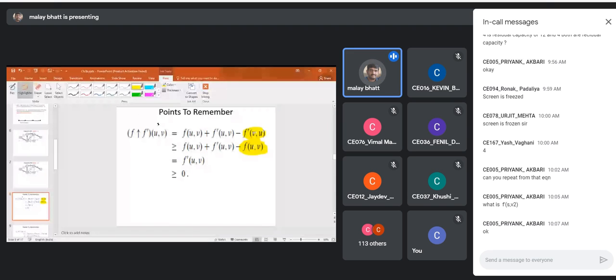So what is f dash v comma u? It is the flow value in the reverse direction. So that flow value maximum will be equal to what? Capacity in the reverse direction. So why we are writing like this? Because f dash v comma u will always be less than or equal to capacity in the reverse direction.